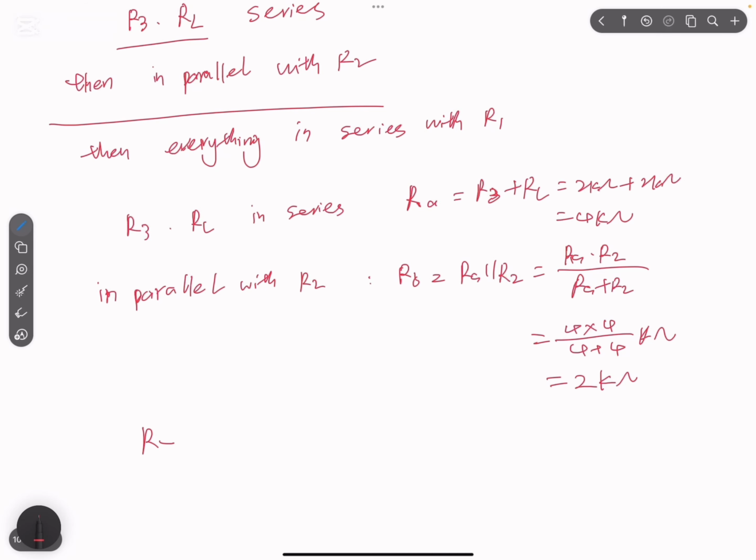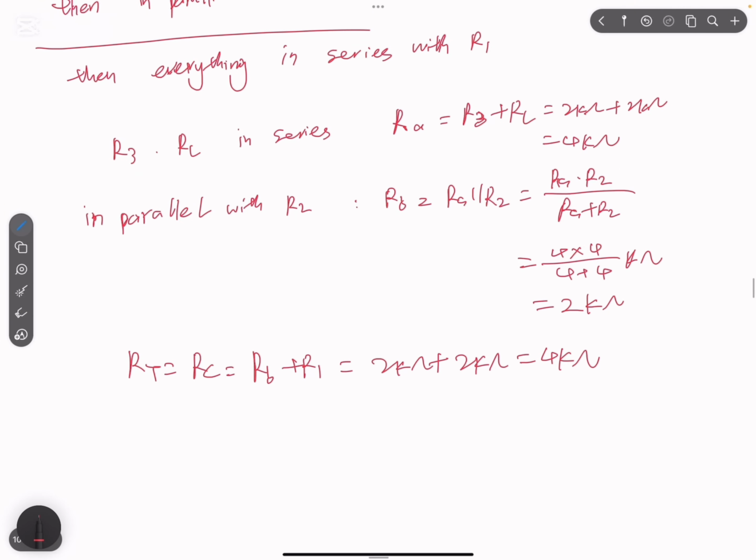Then RT, let's say RC equals RB in series with R1, so RB plus R1, so 2 kilo ohms plus 2 kilo ohms. So the total will be 4 kilo ohms. After we get the total resistance,